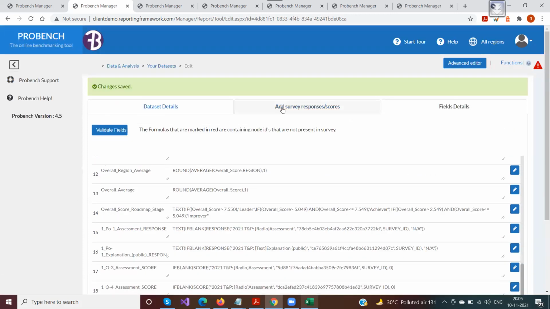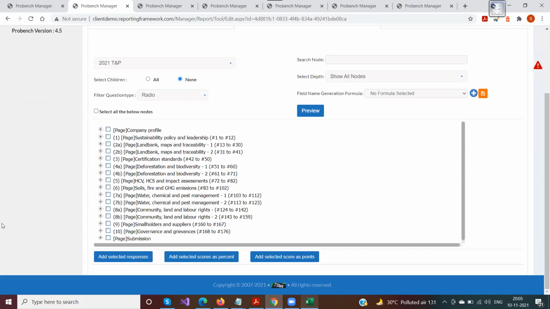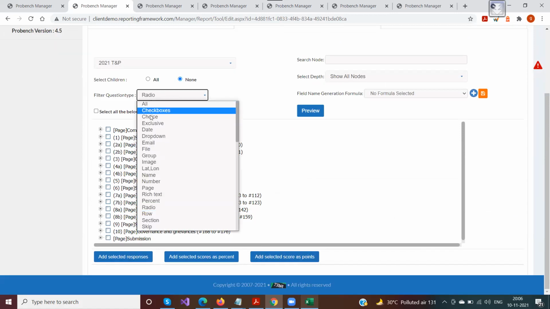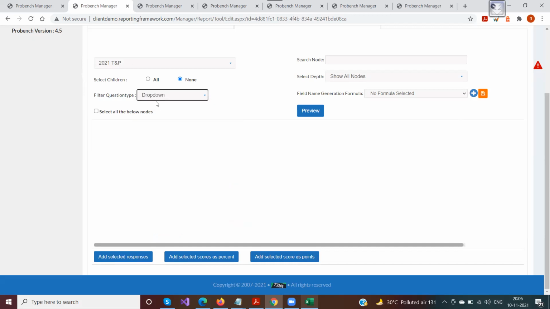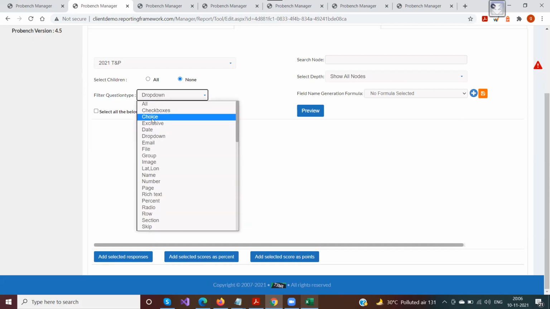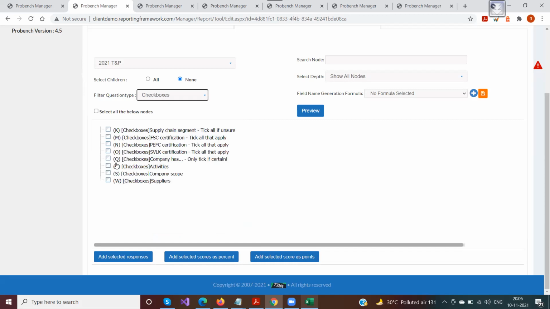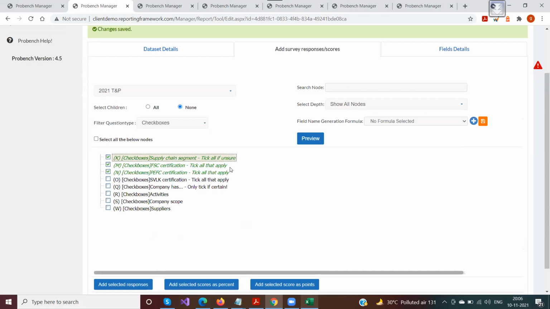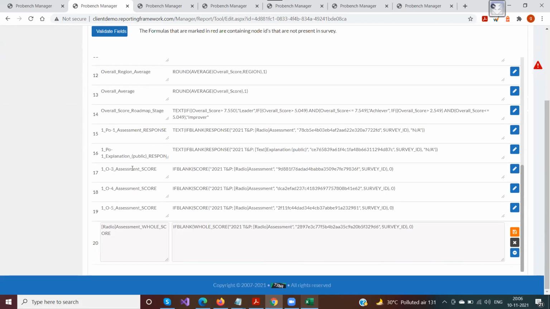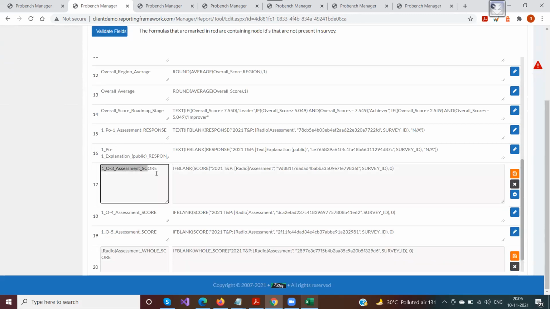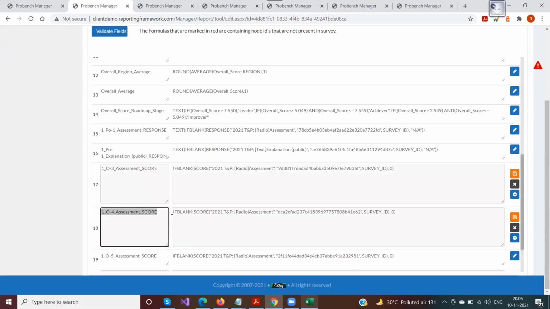But the whole point I'm trying to show you is that you can select scores as percent or scores as points. If you only want, say, check boxes, you'll only see check boxes and you select those. Notice that whenever I select check boxes, it still maintains the hierarchy when a formula is created.